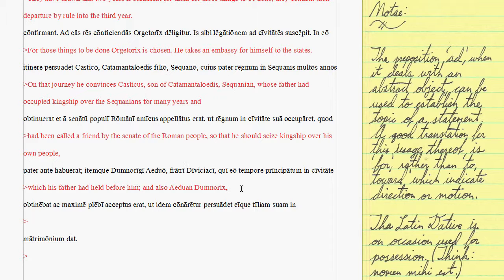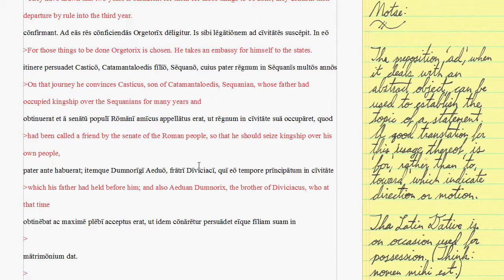So we're going to be restating this Norix fellow, the brother of Diwyciacus. Though these are kind of confusing, these do have the I right here, but remember this is frater, fratris, and this is looking like a genitive second declension masculine, Diwyciacus, Diwyciaci, who, and it's pretty easy to say that this is talking about the masculine guy or person we're talking about here, who at that time, with the ablative of time here, eo tempore,